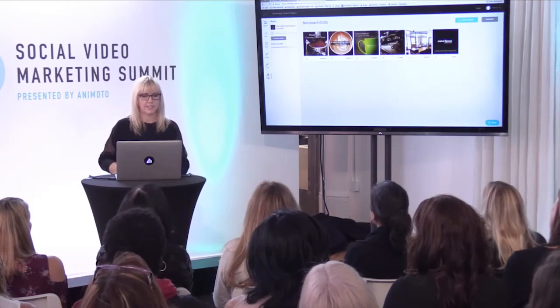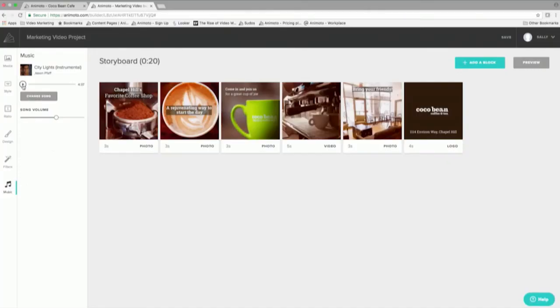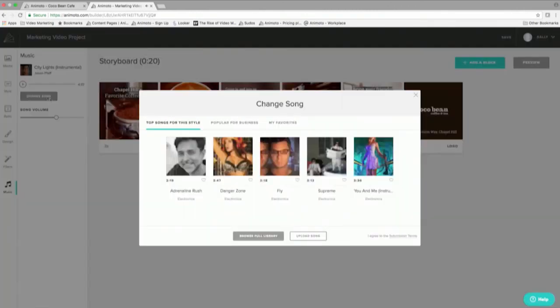So I'll click on the music icon. There's a song already there that you can listen to. It's a little bit kind of cool, I think, for the coffee shop, so I'm going to change the song. We've actually recommended 5 different songs here when you go to change the song, and you can just listen to those, see which one you like, and if you don't like any, you can go into the full library and